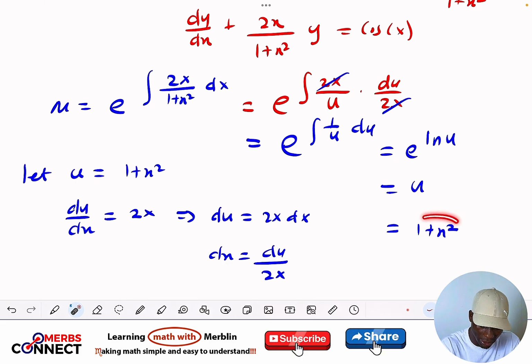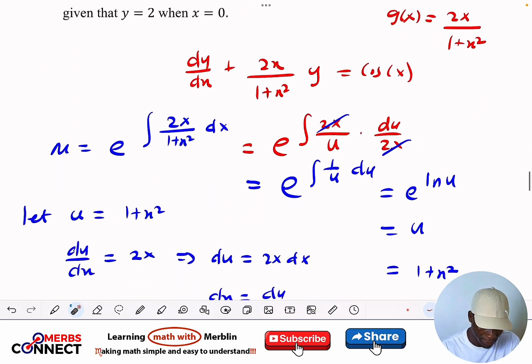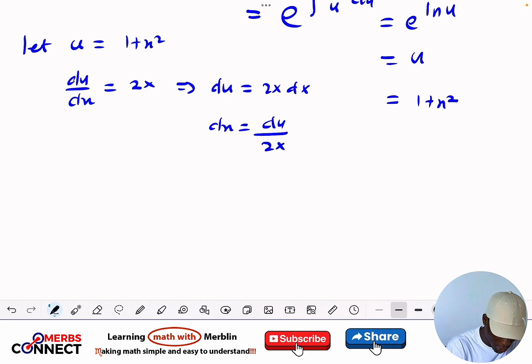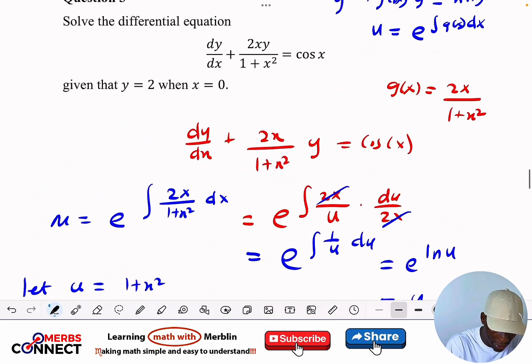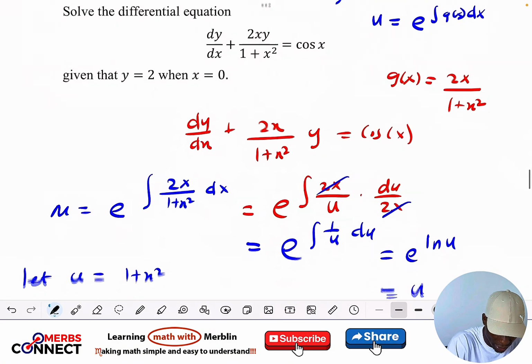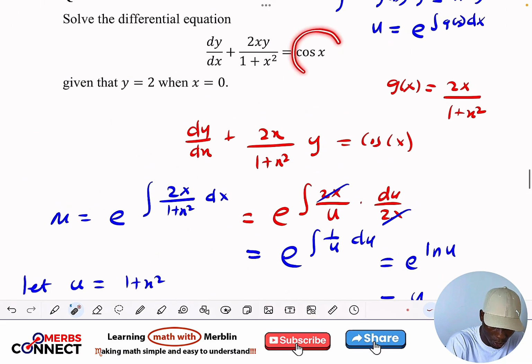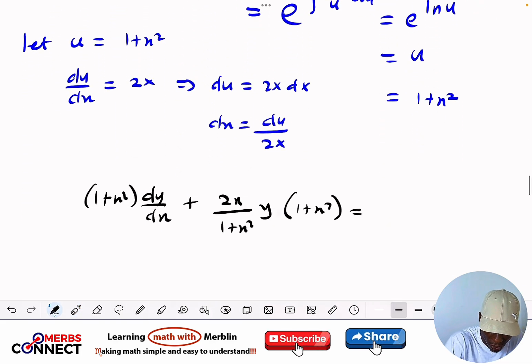So we are going to use the integrating factor to multiply through this equation here. So let's do that. We are going to have 1 plus x squared times dy over dx plus 2x over 1 plus x squared times y, times 1 plus x squared, which is equal to, then we use that one to also multiply this, which gives us 1 plus x squared